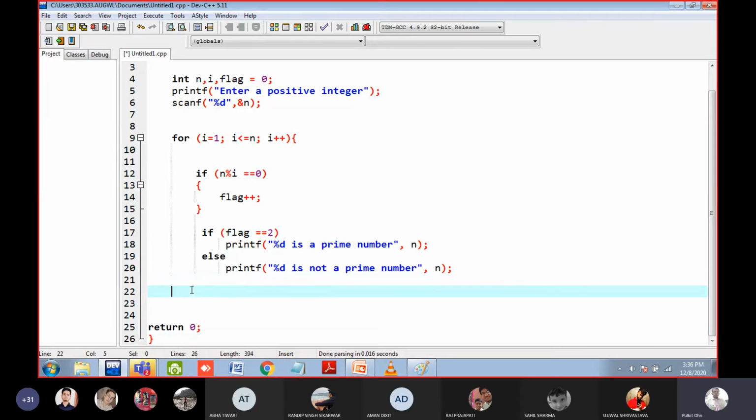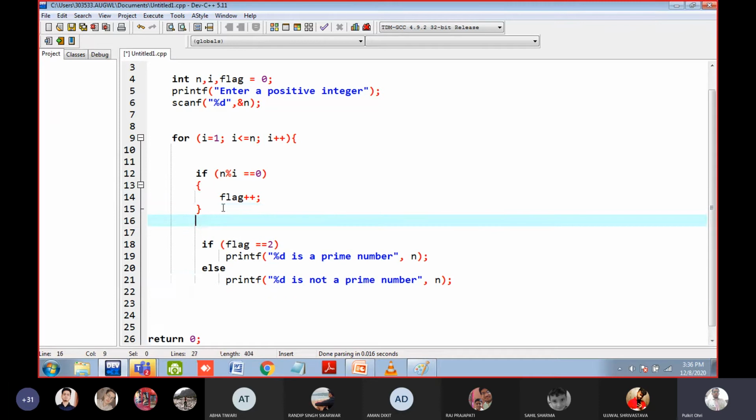For example, the for loop will stop here in line number 16. What you are doing is, you divide 13 by 1, then you check whether the value of flag is 2 or not. Then you divide 13 by 2, then you check whether the value of flag is 2 or not. Then you again divide. No. First we need to divide 13 with all the numbers from 1 to 13. After the for loop is closed, then we will check the final value of flag. Is it 2 or is it some other number? So let me execute the code.